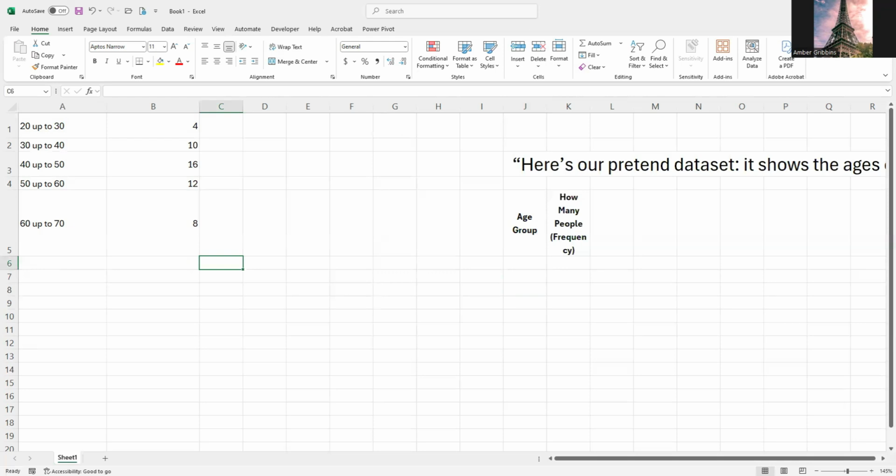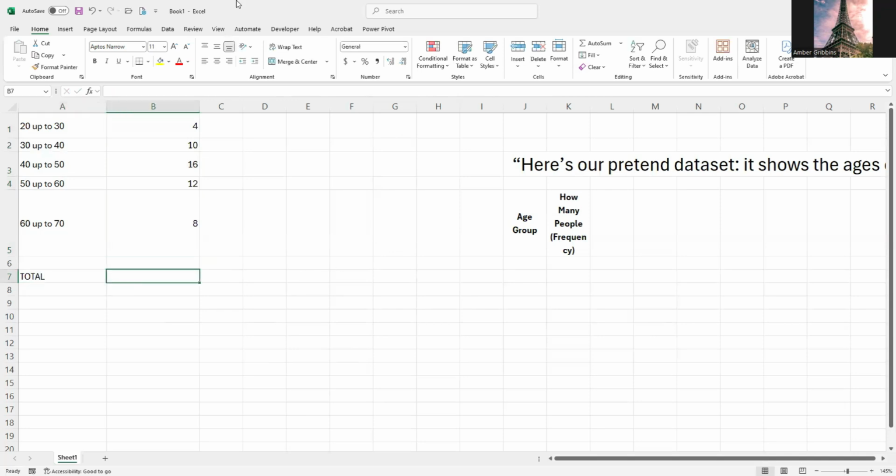First thing we're going to do is look at these ages, 20 to 30. I guess we're not doing 19 and under. They don't believe that they are the richest people. I'm kidding. Then we're going to look at the frequency here. Did I miss one? 4, 10, 16, 12. All right, so let's go ahead in here. We're going to put total.